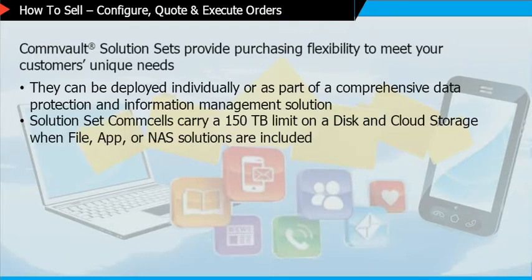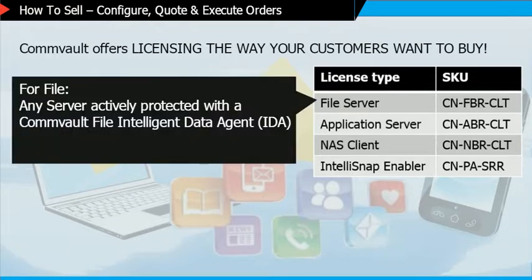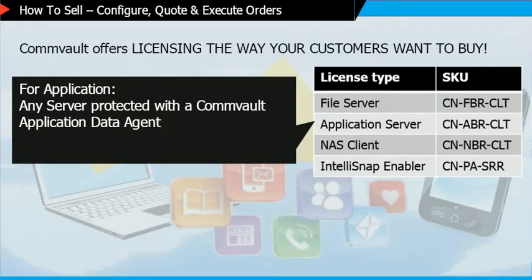Solution Set CommCells carry a 150 terabyte limit on disk and cloud storage when file, app, and NAS solutions are included. To license a backup and recovery for file and application solution set, Solution Set licensing in the backup and recovery for file and application area provides the following options. For file, any server actively protected with a Commvault File Intelligent Data Agent, or IDA, file server with a SKU of CN, FBR, CLT. For application, any server protected with a Commvault Application Data Agent, application server with a SKU